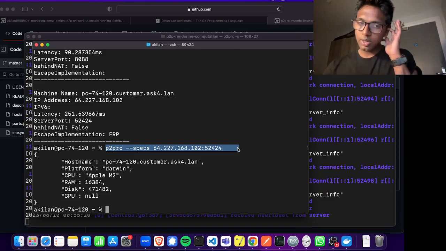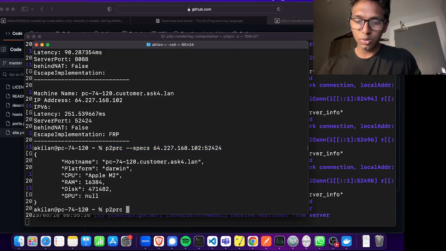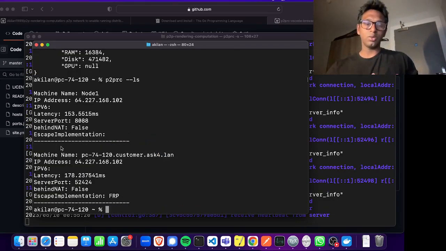Right now, I think our network is small. I only have 2 nodes. So if I do ls, you can only see 2 nodes in the network. But I could eventually add even a third laptop, and it will be available on this list. And I can find out its spec. And as you can see right here, to escape NAT, we're using an implementation called FRP,